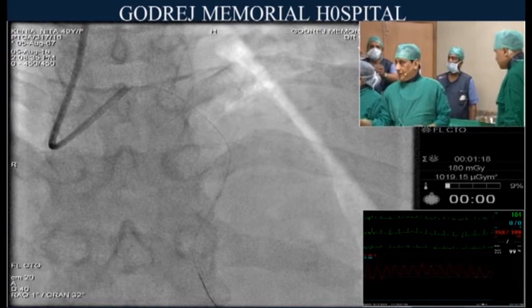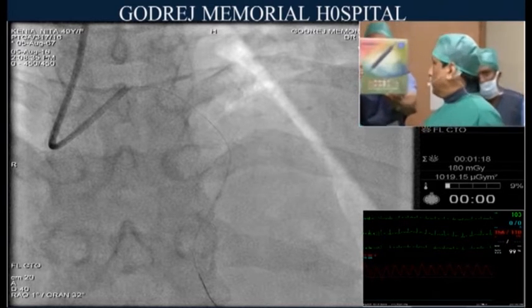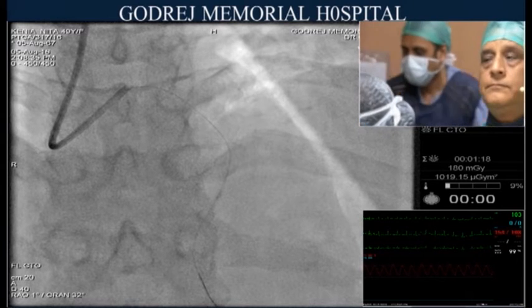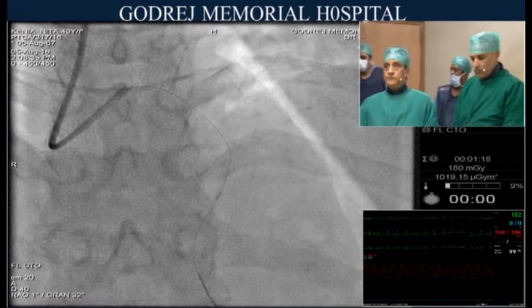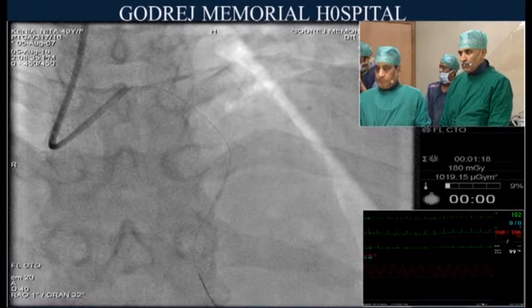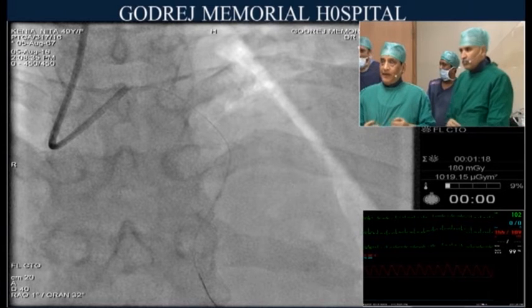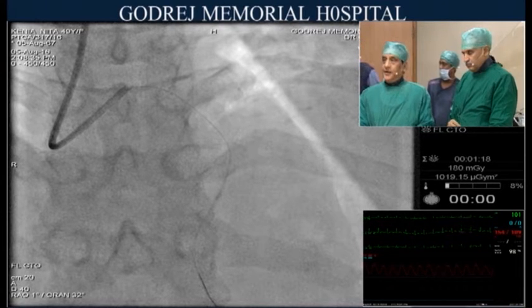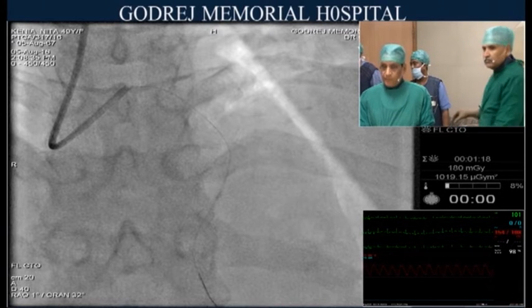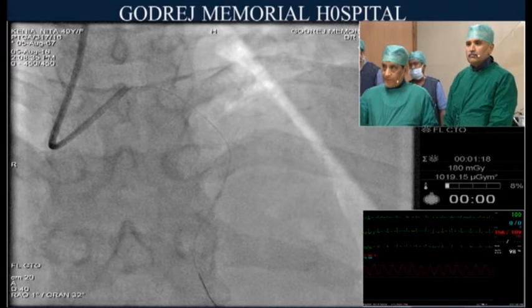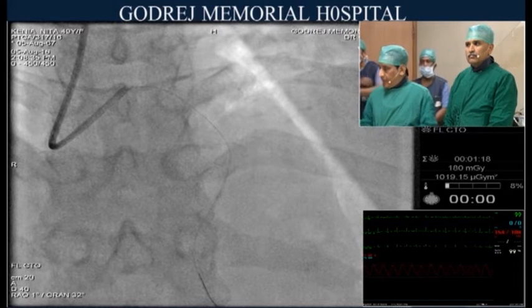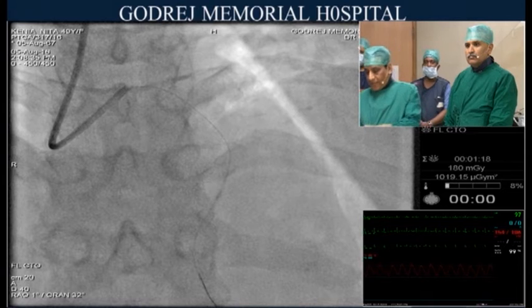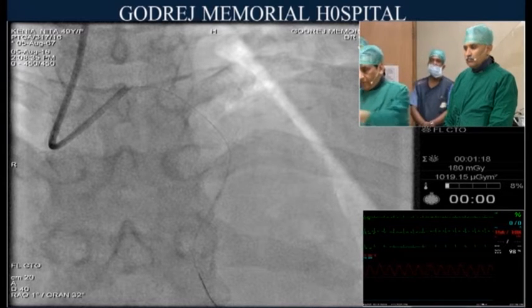Now, Dr. Sharma, for the audience, we are selecting a 2.5 by 15 Mosaic. When do you protect the side branch in this case? Even though you're not going to stent it, your approach is provisional. When do you decide you're going to wire it or not wire it? That's a very good point. I can tell you I have a very low threshold for protecting the side branch with a wire. And remember, there is a latest paper from last year, one registry had almost 18-20% side branch occlusion, even in cases where there was no disease and no side branch wire was used for protection. So I actually have a very low threshold.